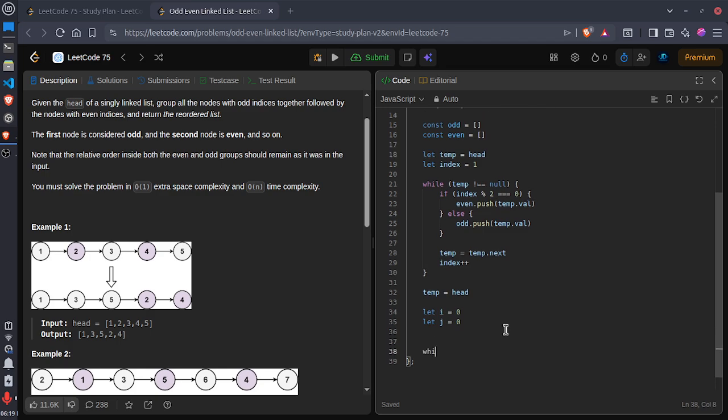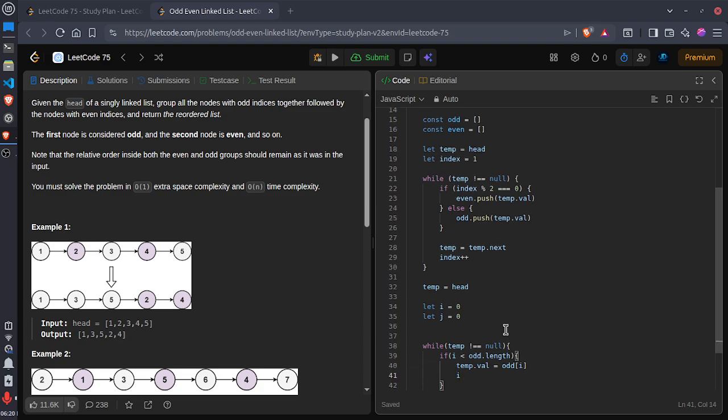Again start a while loop, temporary value is not equal to null. If i is smaller than odd.length, then temporary.val is equal to odd[i] and i plus plus.